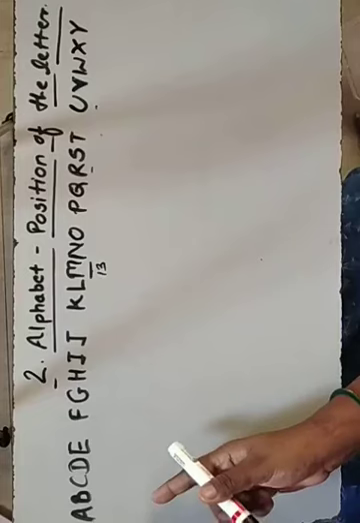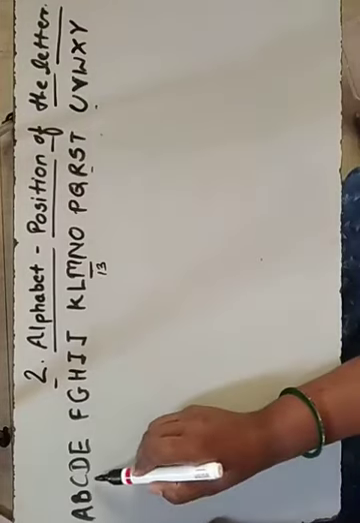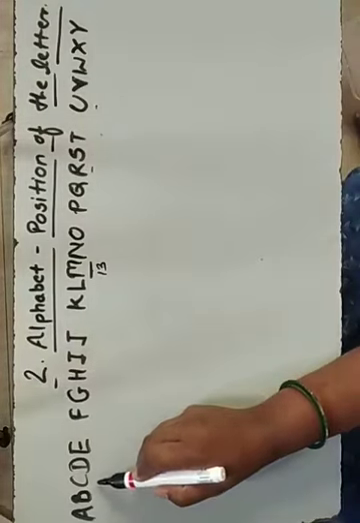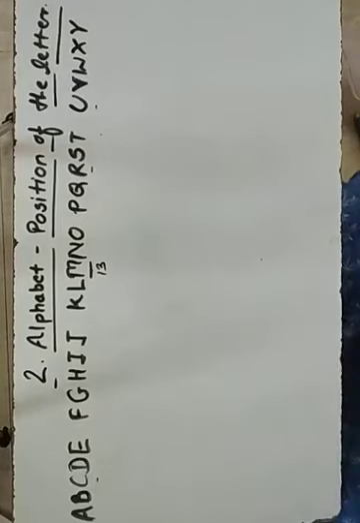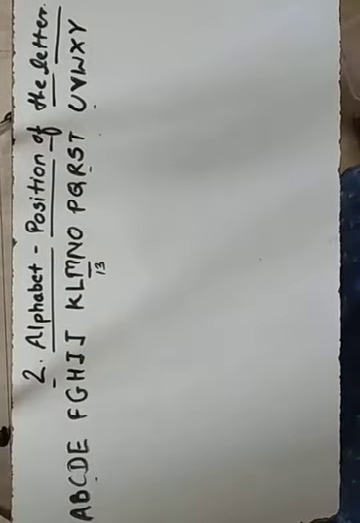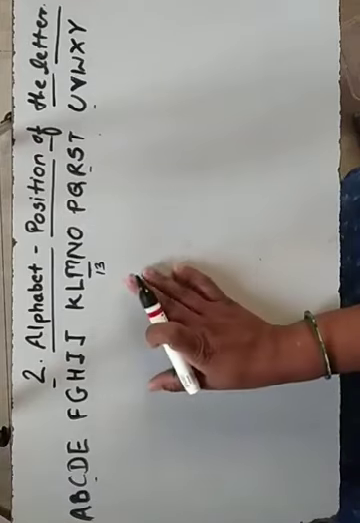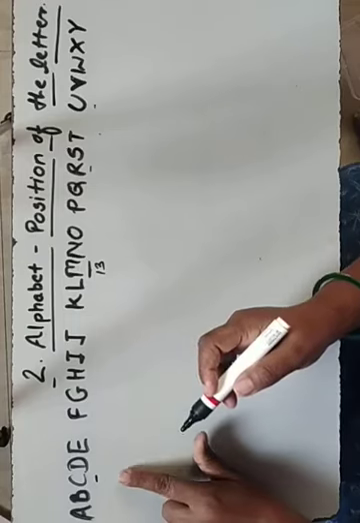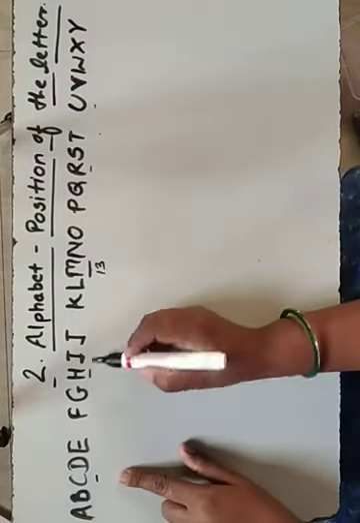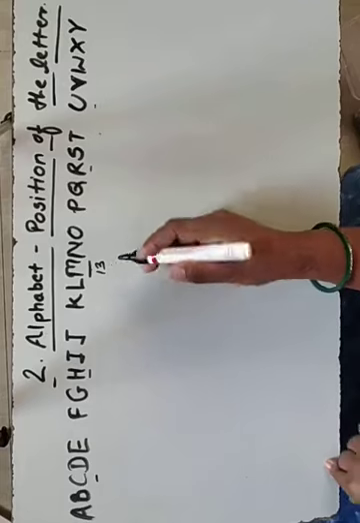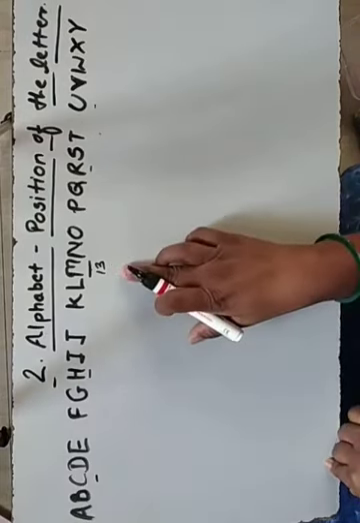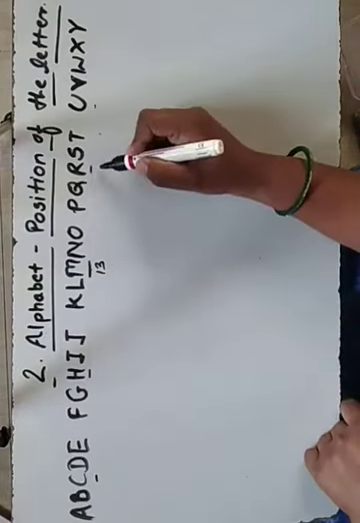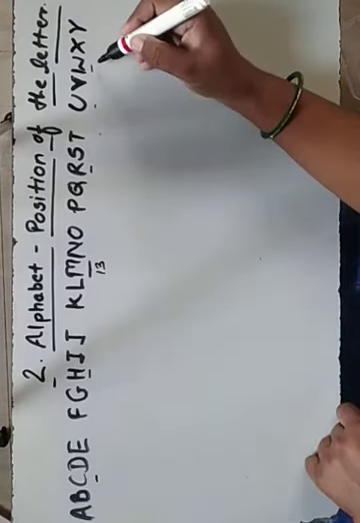Next, each group also has a middle letter. That you also keep in your mind. Now these 5 groups are there. In these 5 groups, which is the middle letter, that also we must know. So the first group's middle letter is C. Second group's middle letter is H. Third group's middle letter, and the series middle letter, is M. The next group's middle letter is R, and the last group's middle letter is W.